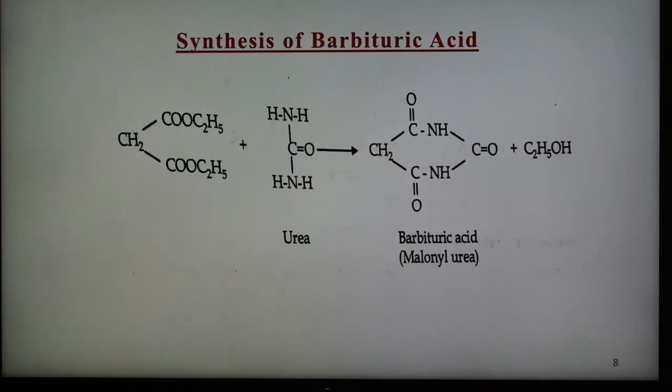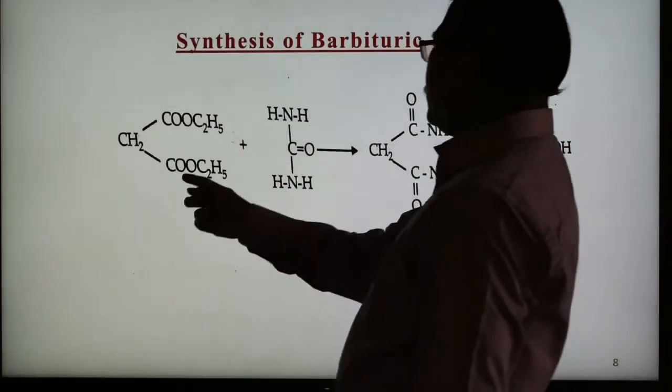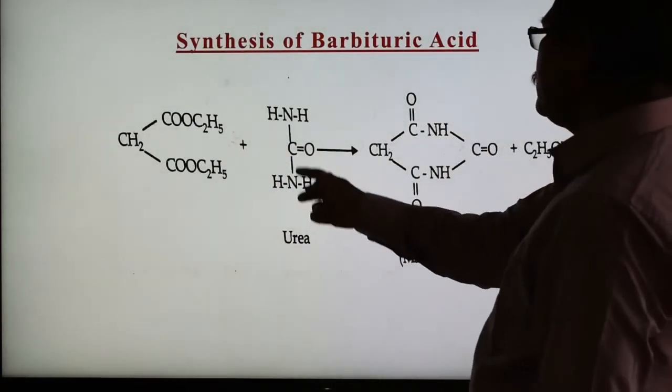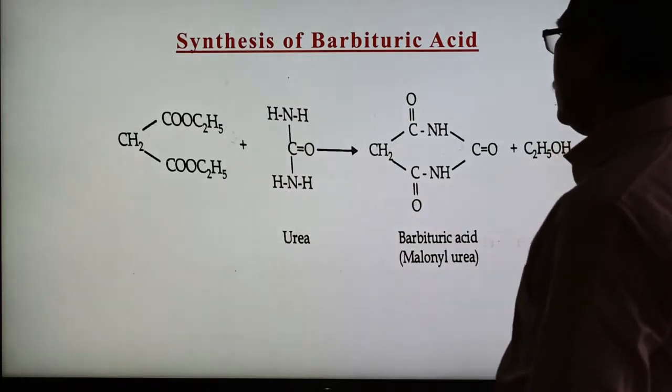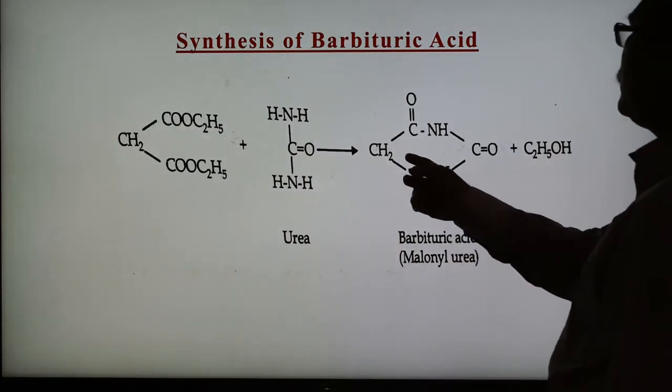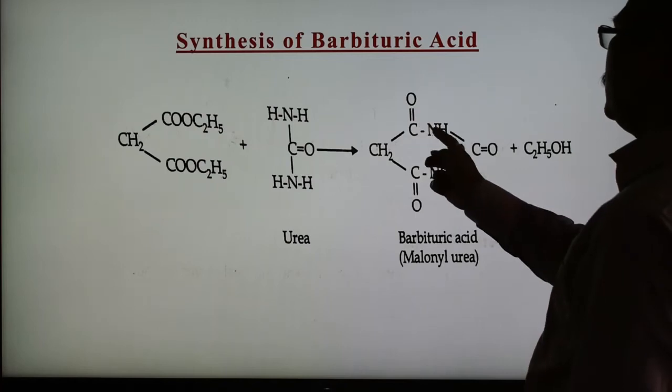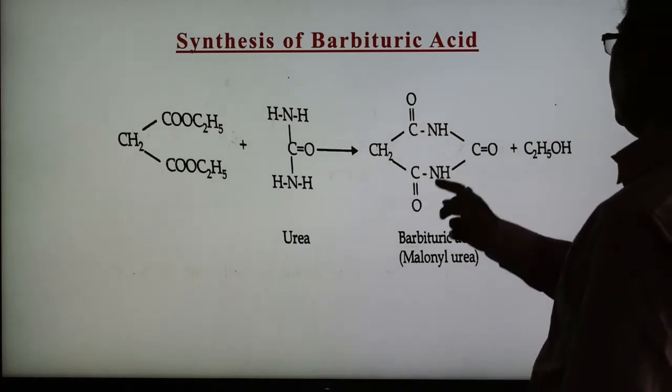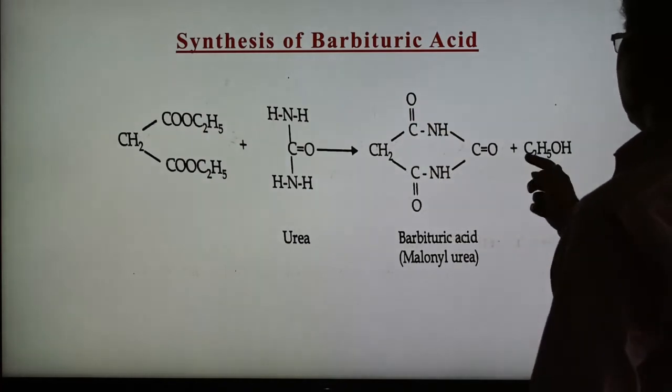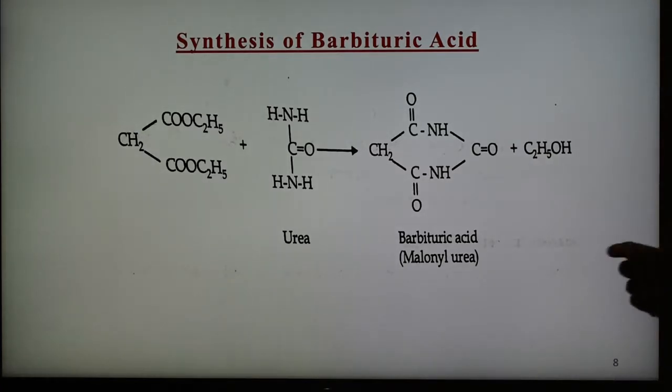And another is the synthesis of barbituric acid. This is the malonic ester which reacts with urea, NH2CONH2, and forms this type of compound, CH2 with CONH, here also CONH and CO, and C2H5OH is replaced. This compound is known as barbituric acid, also known as malonyl urea. So these are the important compounds which can be synthesized from the malonic ester via enolate ion